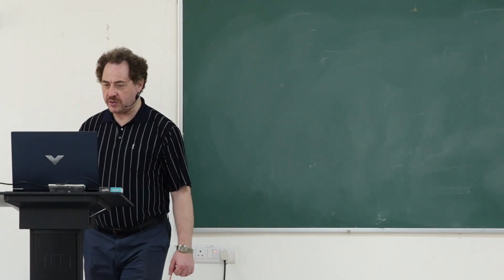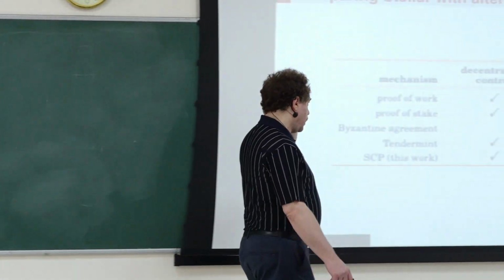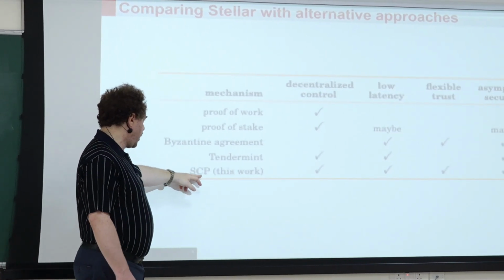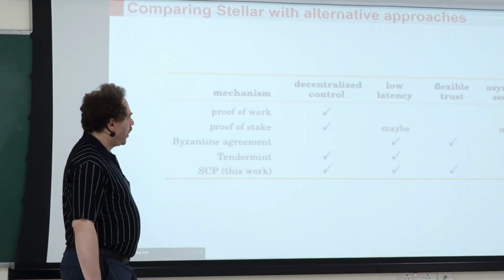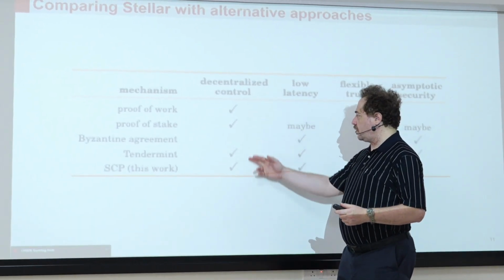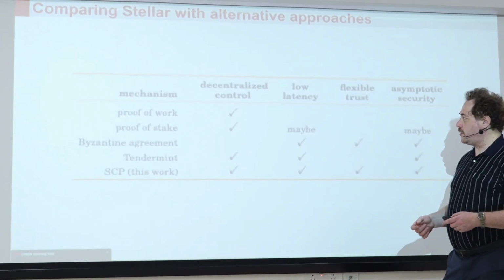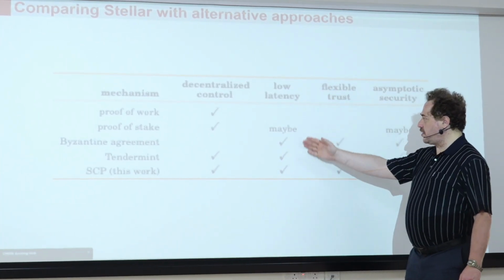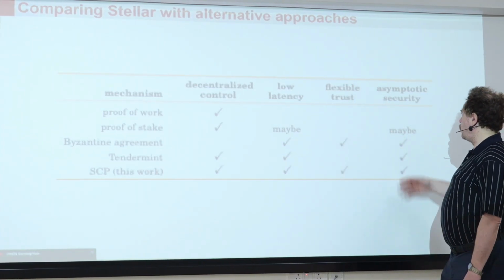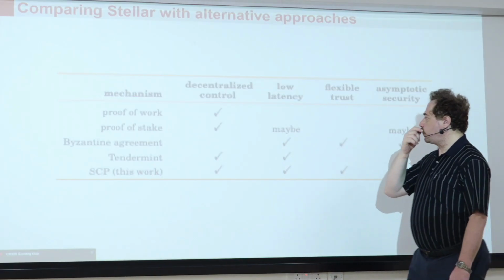So how does Stellar compare with alternative approaches? Here the mechanisms are proof of work, proof of stake, Byzantine Agreement Protocol, and Stellar Consensus Protocol. And the dimensions of comparison are as follows. Decentralized control over quorum: is quorum determined in a centralized way or in a decentralized way? How high or low is the latency of the protocol? How flexible are the trust assumptions in the protocol? And what level of security guarantees; there are certain security guarantees, but they're probably less relevant for us. Okay, so